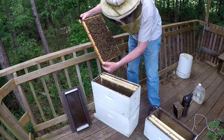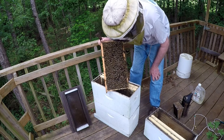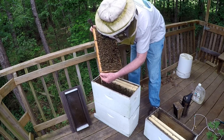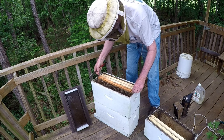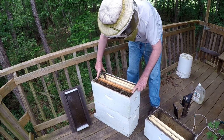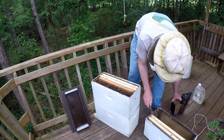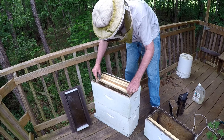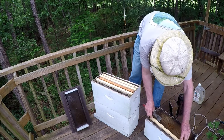I don't know if you can see this or not, but there's the queen, and you might note the yellow dot on her back, which suggests pretty strongly that she probably came from one of my hives. Unless somebody else around has got some more queens. I know there is a queen breeder a few miles down the road, probably 3 miles or so, and I'm sure she's got more queens in hers, so it's always a possibility that I picked up one of hers,